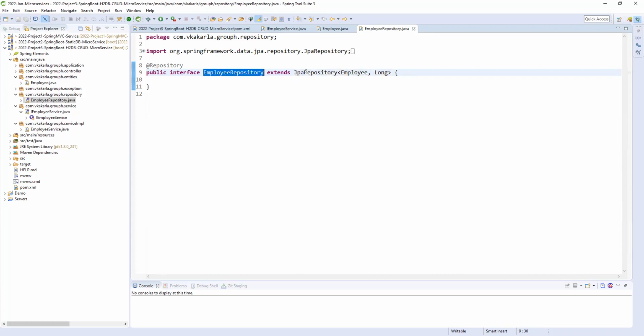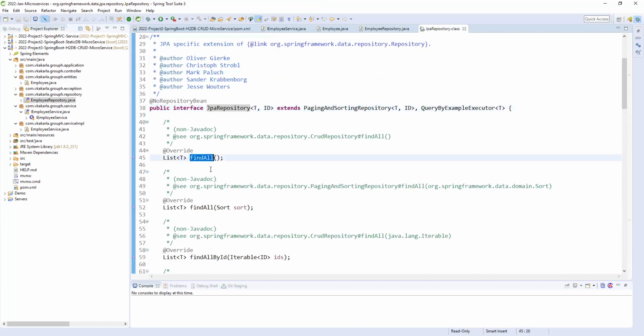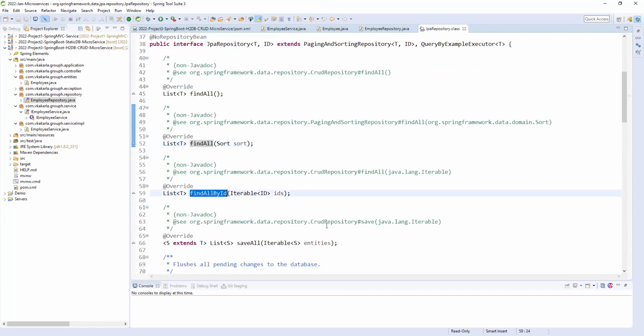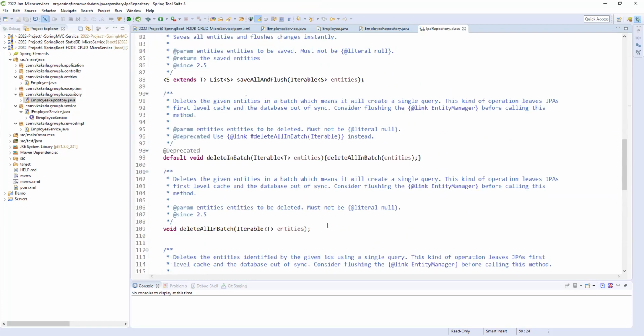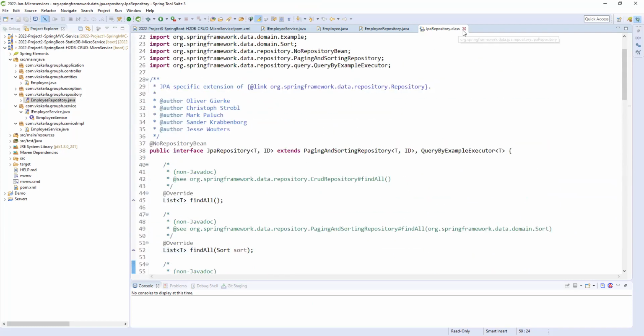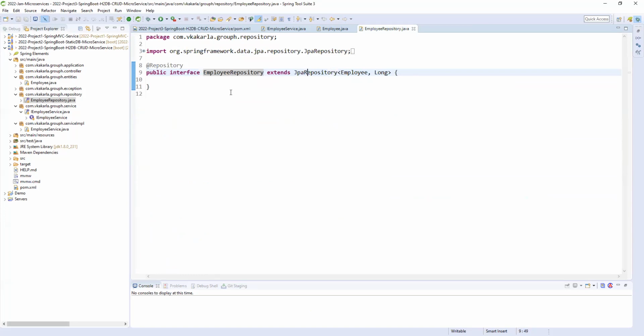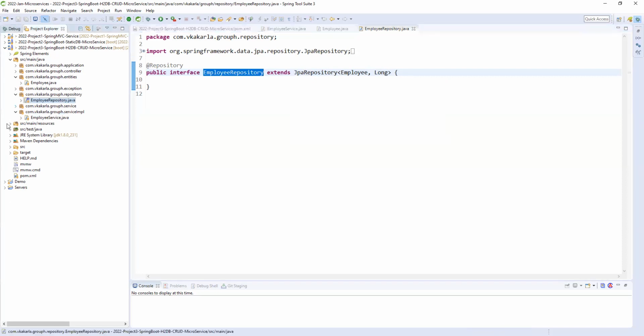Now employee repository, right? Whatever methods we have, find all, find by ID, all kinds of functions will be available to our child class. We know the inheritance concept in Java. Whenever we extend a parent class from our child class, obviously we will get all kinds of properties in the child class. This is called the inheritance concept, getting the properties of superclass to subclass, or parent class to child class, or base class to derived class, right? So we will get all kinds of behavior in the child class. That's all.